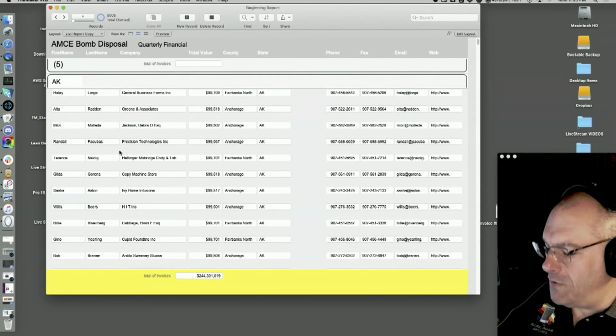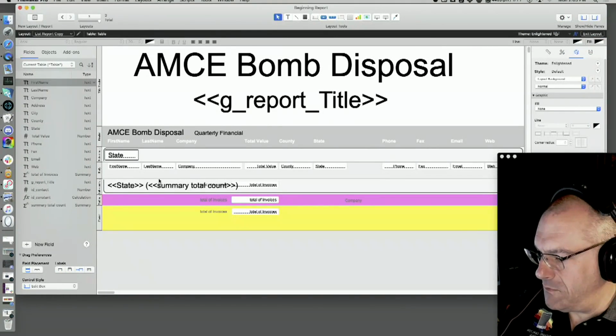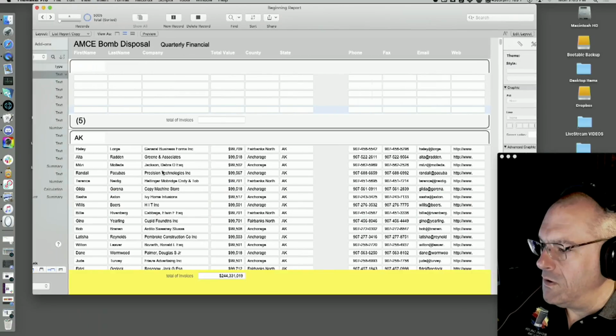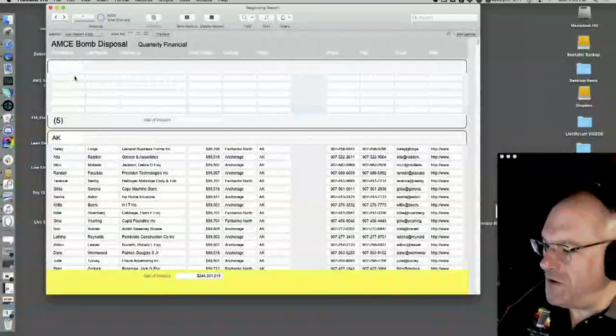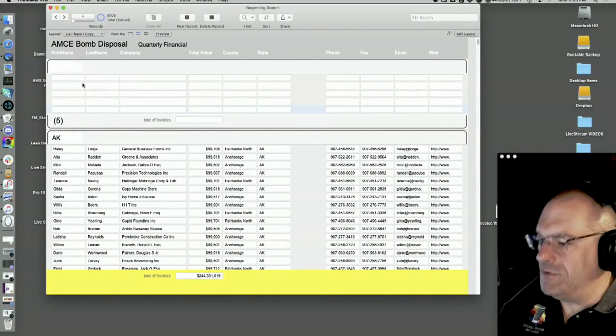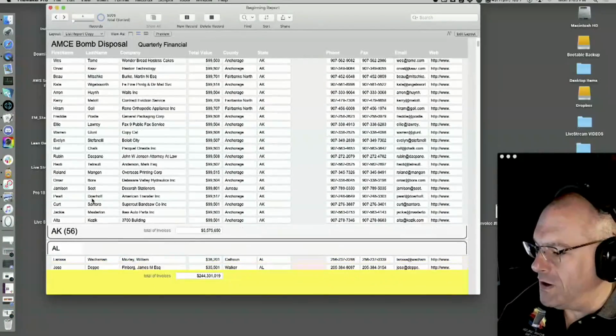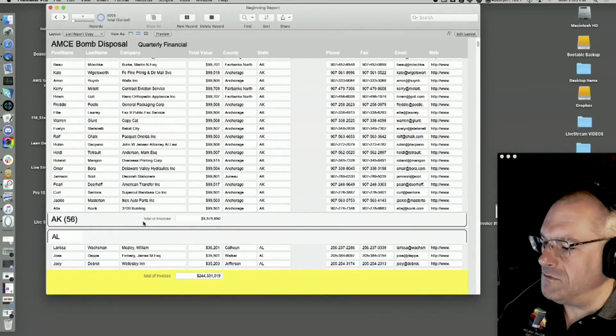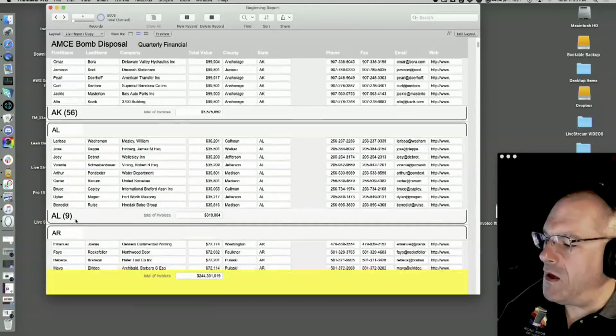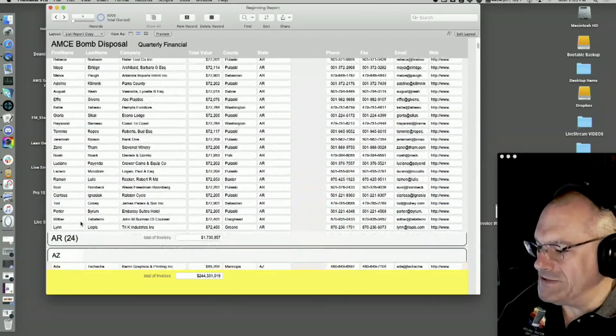So there's Arkansas. Well, it's got a big space. Let me get rid of the big ugly space here. And I got the blank records. There's 5 blank records at the top. Notice how they box off real nice like that. Arkansas. You can put the total up there too if you want, but there it is. Arkansas 56, right? Pretty cool. So that's how we solve that basically.